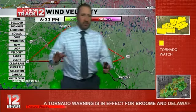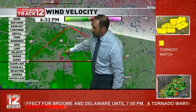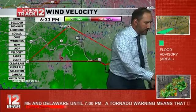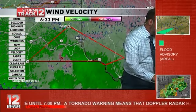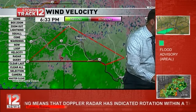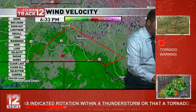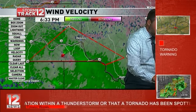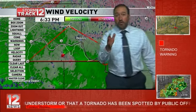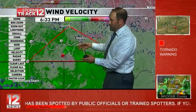But again, the fact that this is so close to Binghamton, it does look like it might have updated just a little bit there. But I'm going to see if I see any sort of a damage signature on radar. Definitely picking up that rotation, and I can't say with certainty that there is any sort of damage occurring right now, but I want you to treat this as a dangerous, potentially life-threatening situation